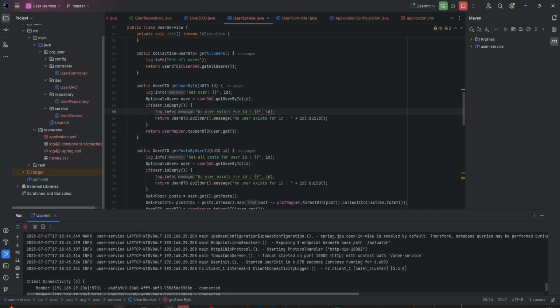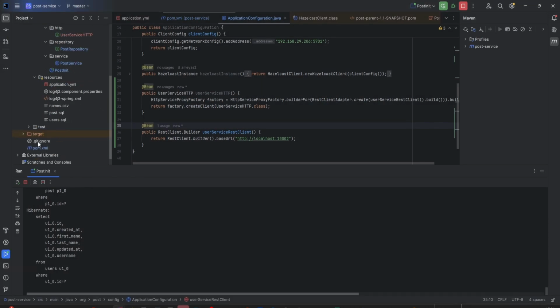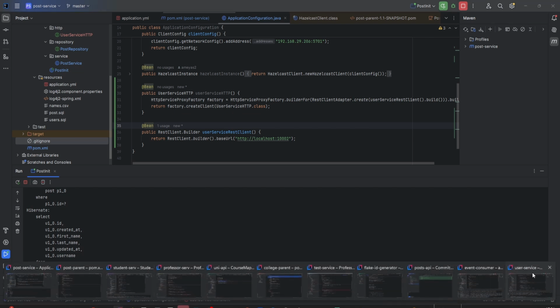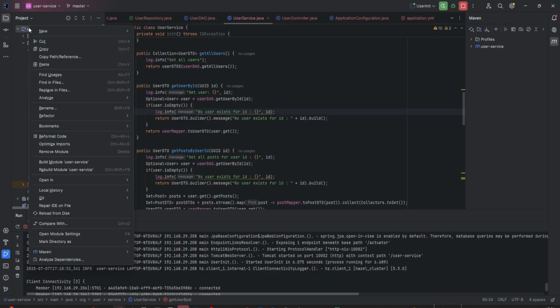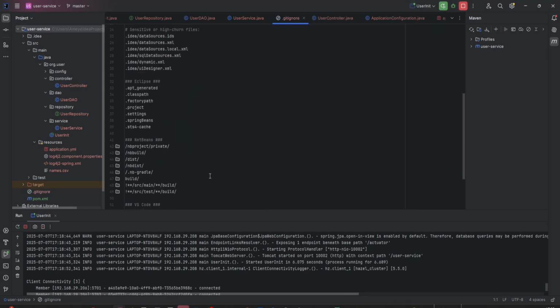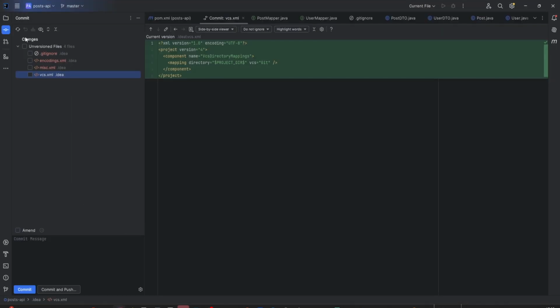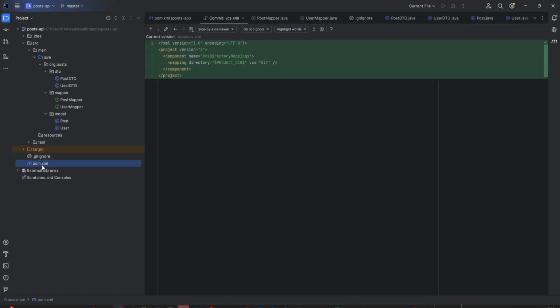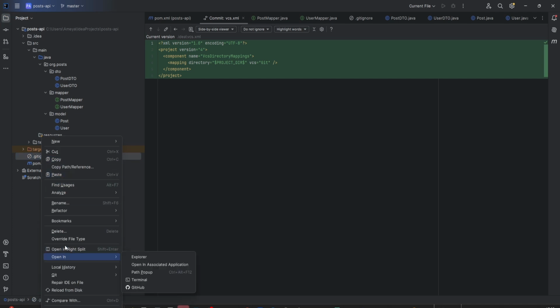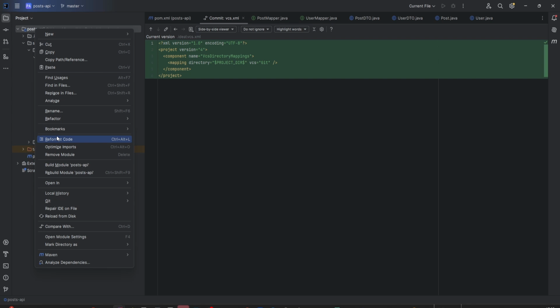Delete. Add the post service .gitignore, copy this, and put it into the user service. The same file should be put in. Delete this one and add it, paste this. Okay,